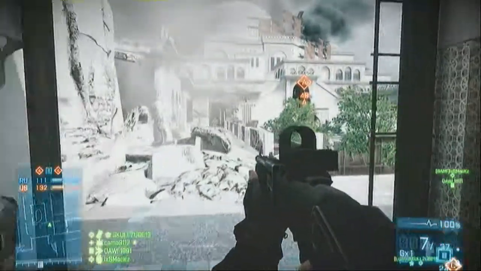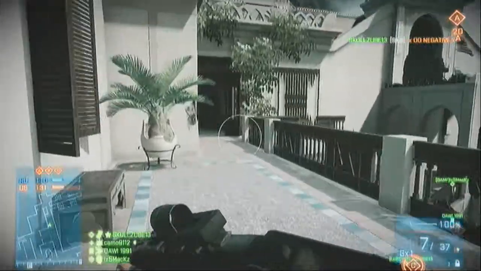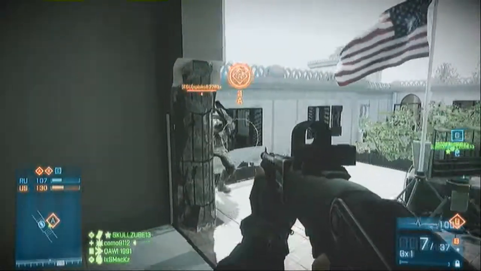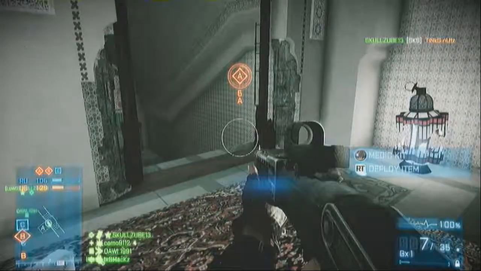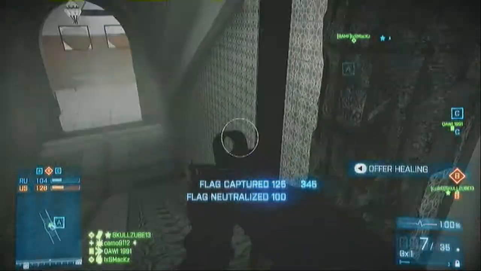M8A1, which is one of the burst weapons. But instead of doing your typical 3-round burst, this gun does a 4-round burst. Another gun to take note of is the SMR, which is a single automatic, and they say it'll work just like the FNFAL from previous Call of